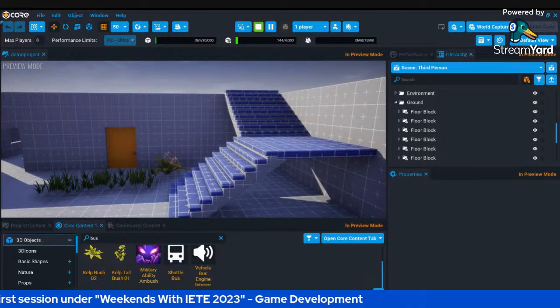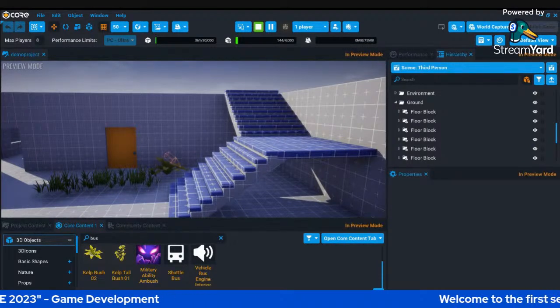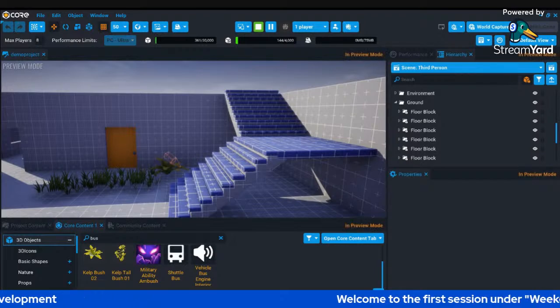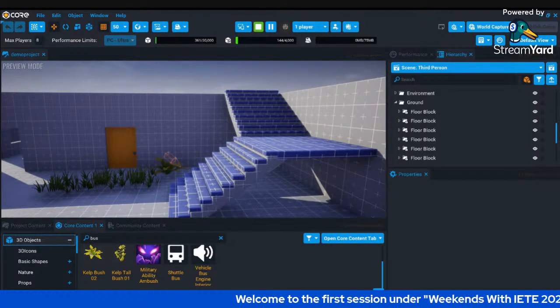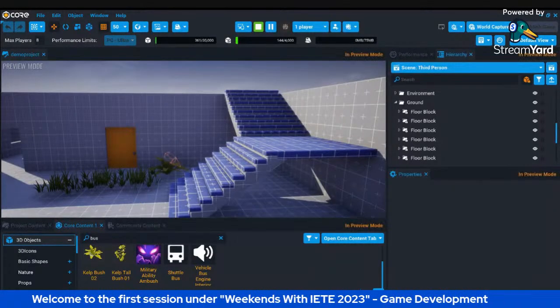Okay, so this is how I'm selecting an object and just making it pass through character. Can you see my character on the screen?